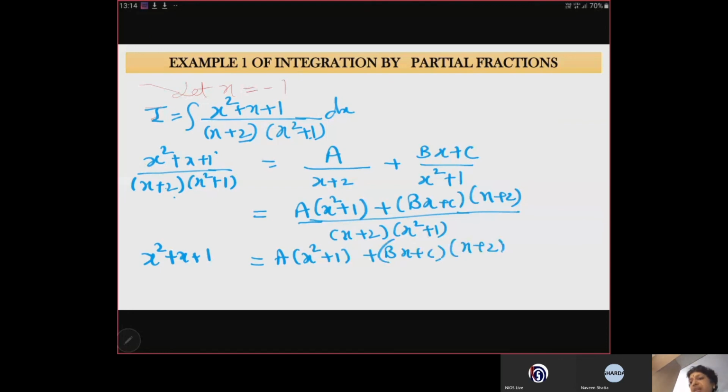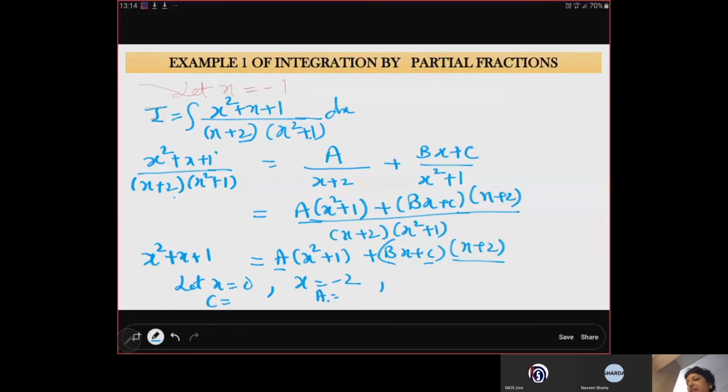अभी हमें a, b और c की वैल्यूज निकालनी है तो उसके लिए हम x की वैल्यू 0 ले सकते हैं, उससे हमारी वैल्यू निकल सकती है। पहले हम x की वैल्यू -2 ले सकते हैं ताकि ये 0 बन जाए और a की वैल्यू निकल जाए। जब a की वैल्यू निकल गई, x 0 रखेंगे तो c की वैल्यू निकलेगी। अब b की वैल्यू निकालने के लिए हमें a पता है और c पता है तो x की आप कोई भी वैल्यू दे सकते हैं, suppose 1, and then you can find the value of b और उसको वापस इस इक्वेशन में डाल देंगे।